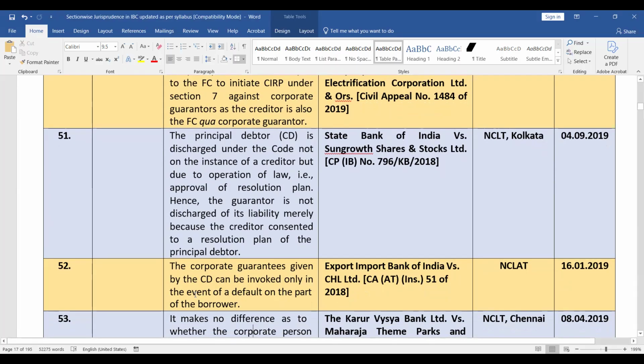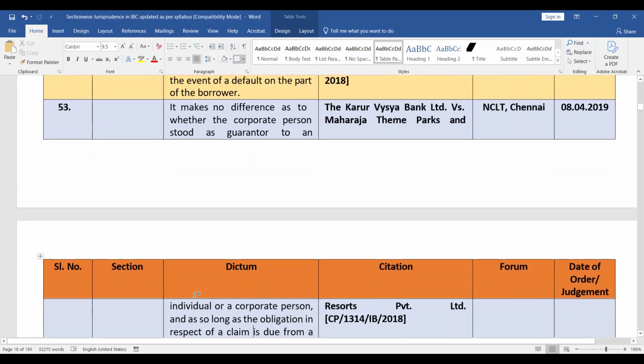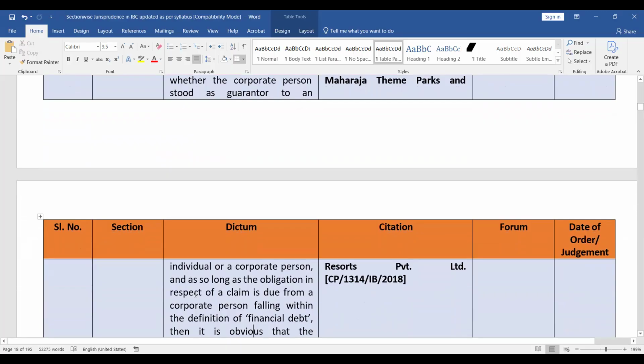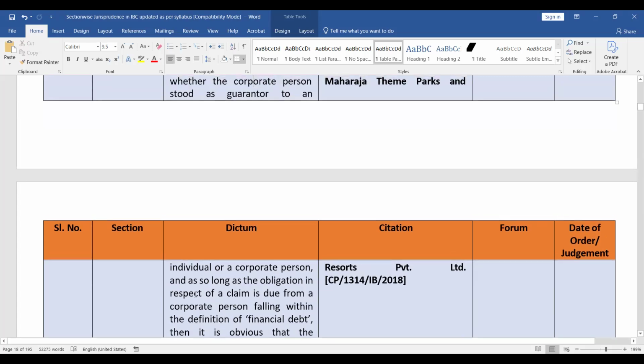next is the corporate guarantees given by the CD can be invoked only in the event of a default on the part of the borrower. अगर मान लो गारंटी दी है किसी ने कॉर्पोरेट गारंटी, तो उसको इन्वोक कब कर सकते हो? जब डिफॉल्ट होगा। अगर डिफॉल्ट नहीं हुआ तो देन यू कैन नॉट इन्वोक द गारंटी। दिस इज द मीनिंग। ठीक है, नेचुरली भाई डिफॉल्ट नहीं होगा तो आप इनिशिएट ही नहीं कर सकते प्रोसेस। नेक्स्ट इज इट मेक्स नो डिफरेंस एज टू वेदर द कॉर्पोरेट पर्सन स्टूड एज गारंटर टू एन इंडिविजुअल और ए कॉर्पोरेट पर्सन। ठीक है भाई, गारंटी आपने इंडिविजुअल को दी है या कॉर्पोरेट पर्सन को दी है, ठीक है, इससे कोई फर्क नहीं पड़ता।